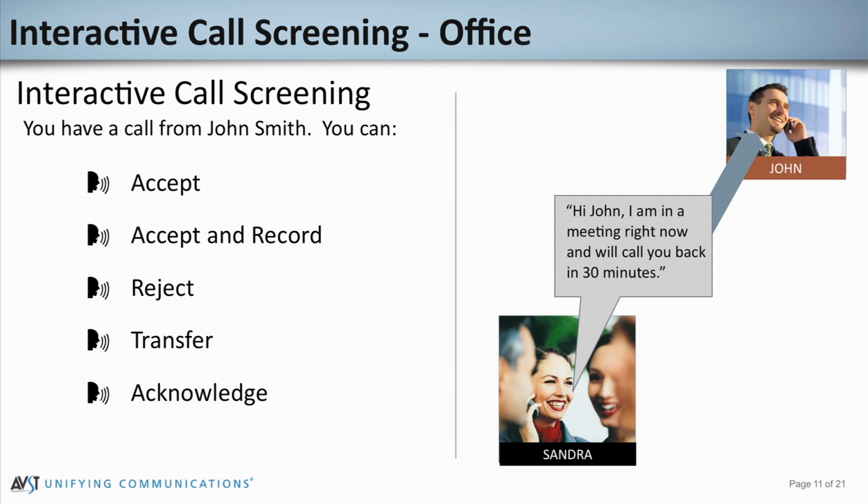And you can see in this instance, John has called in to Sandra, and Sandra can't take the call, but wishes to record a brief message that John will hear. So she records her acknowledgement message, and then she's able to go back to whatever she's doing. John hears that message and is given options of leaving a message for Sandra, trying another person, or simply waiting